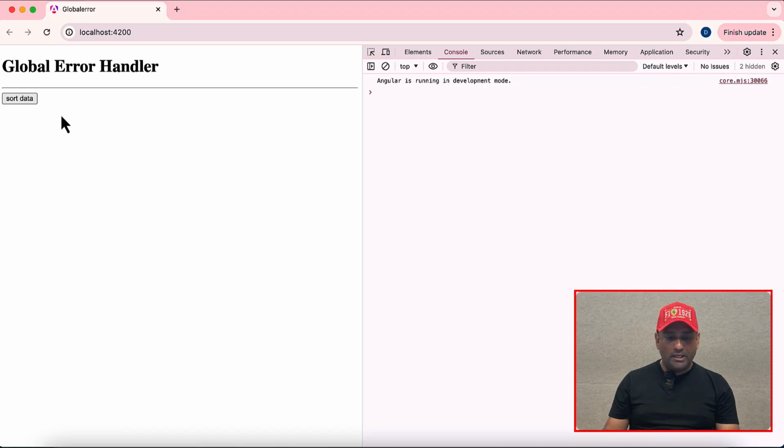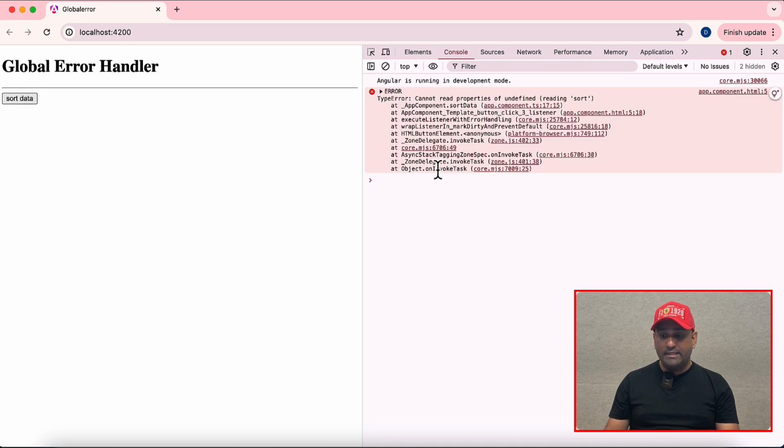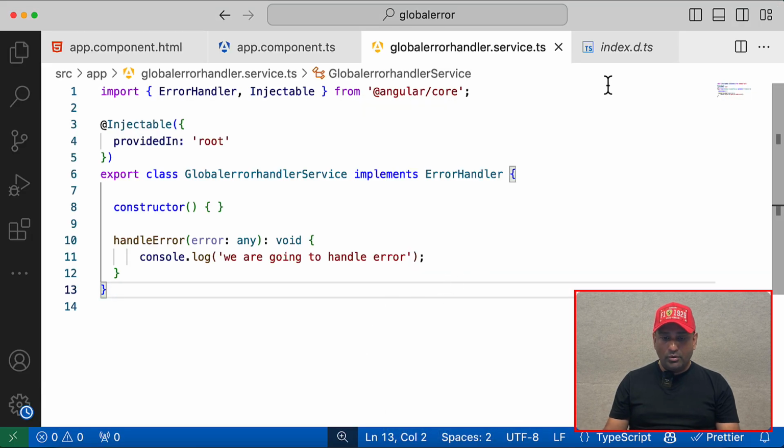And here we have global error handlers. So Data, you are getting this error because it is still using the default error handler class of Angular. Now, to use the global error handler class which we have created, what we need to do is go to